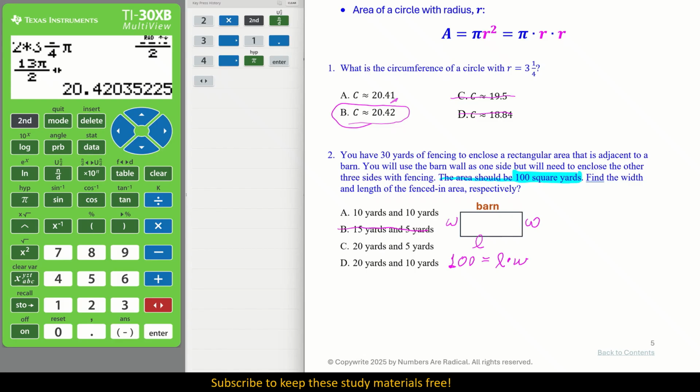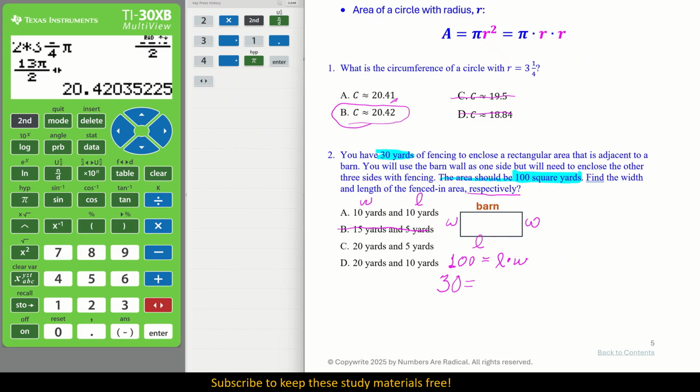And also, let's look at these words. Respectfully. That means in order. So that means the first item has to be the width and the second item has to be the length. That will help us. Now, let's continue and let's go back to the first sentence. The length of the fencing we have is 30 yards. That's all we've purchased, or that's what we have laying around. Who knows? Okay? So that means that's our perimeter. So we need to say that our perimeter must equal 30